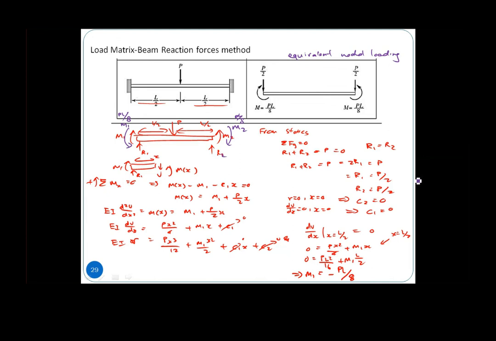So our moment in this case of rotation is M1 PL over 8, M2 PL over 8. So in this case, our rotation is PL over 8 going positive. All right, so that gives us what we can find from the reaction force method